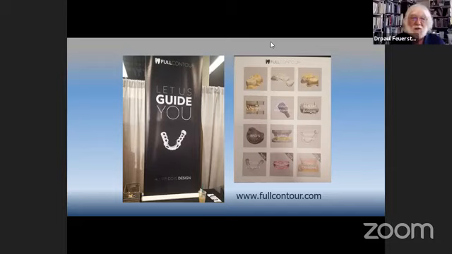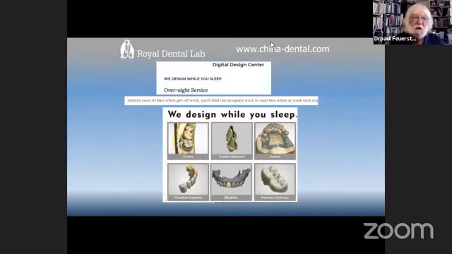They design the crown and send it back to your mill directly. And I think that Planmeca does that to some extent also. So there's a fee for it, but if you're lazy, say, here's my prep, push a button, have them do it. This is a very funny ad that I found from a company called Royal Dental Laboratory at